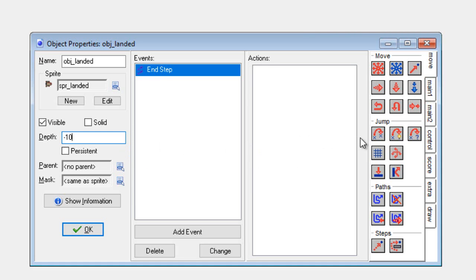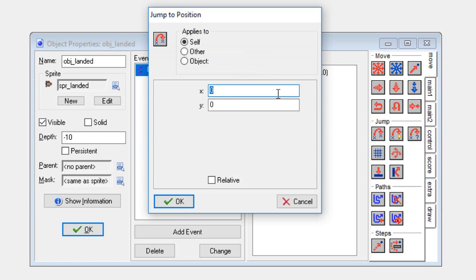We're going to include the jump to position, and we're going to have it self, the ended. And this is where we need to, so we have obj underscore special moon. So we're going to use this. So we go obj underscore special moon,